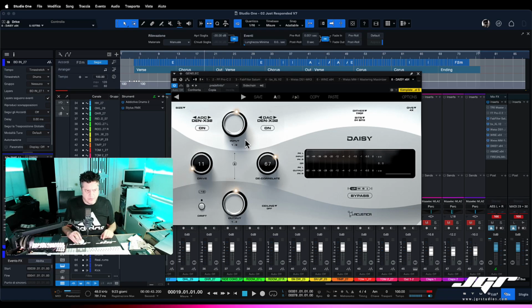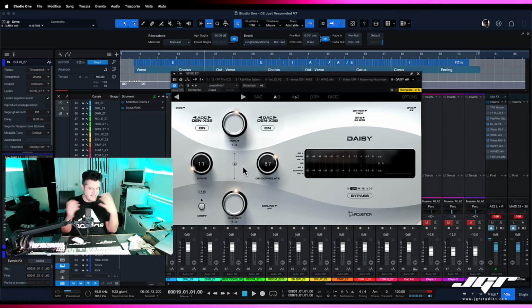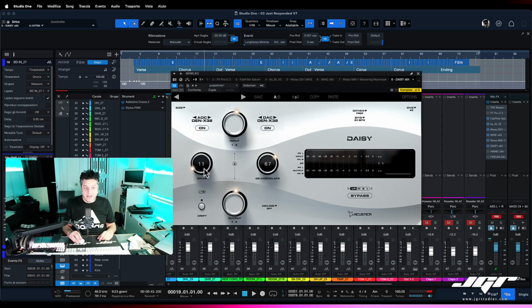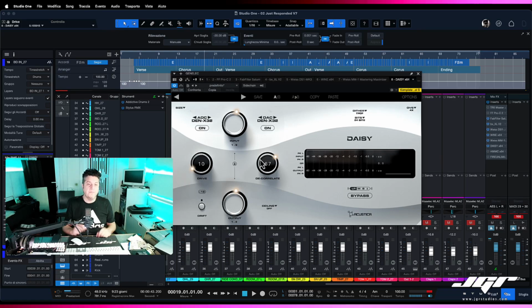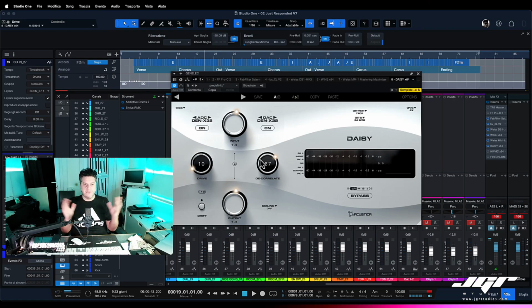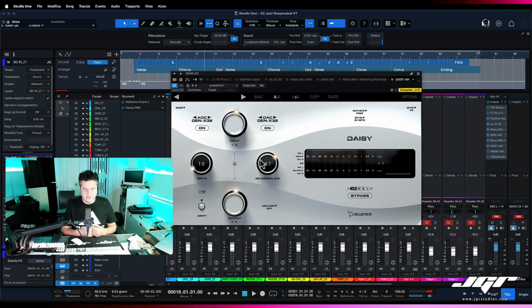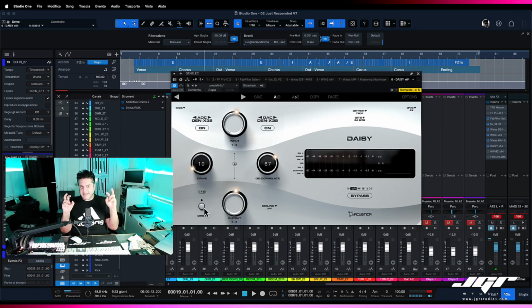We have very simple controls: input, output, and it's easy to understand that. We have a drive control and a correlate control. The drive is about the distortion, the harmonic distortion of the converters, then correlate is related to the stereo sound stage. So if we want more euphonic effects, more opening on the stereo image, in my opinion it's fantastic. We also have a drift control to add some more random variation in the signal timing, adding subtle imperfections, like analog gear has.